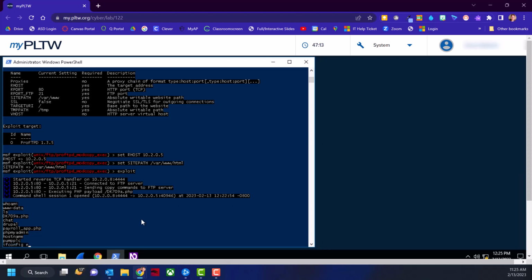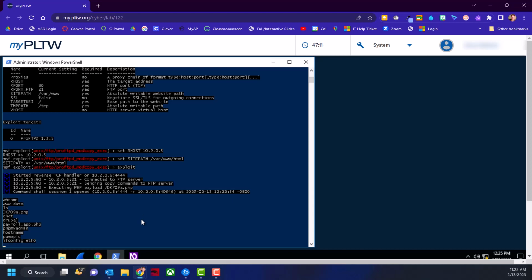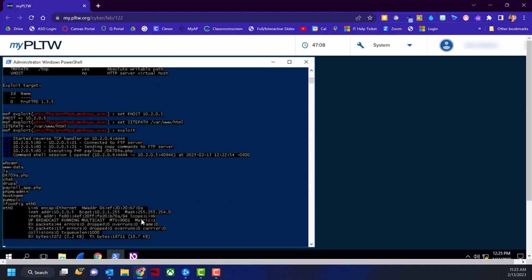So if you type ifconfig eth0, here we can see we've got some internet information. We've got the hardware address, the MAC address, we've got the IP address, 10.2.0.5 on that second line. We can see some network information that's running. We can see the inet6 address. So yeah, we've got plenty of information here. We verified that we are on pump PLC, that we are in a hacked environment, and we could actually confirm access to